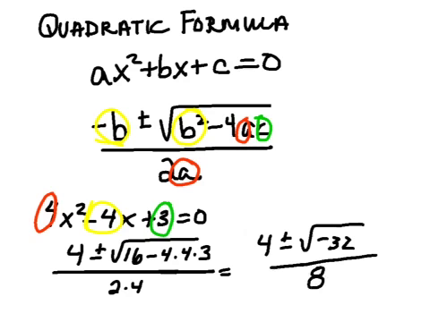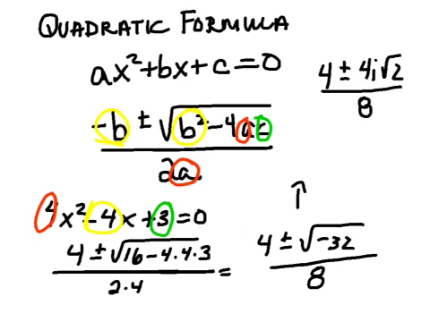So I'm going to go up on top, which makes it 4, because that's 16 times 2, plus or minus 4i root 2 over 8. So we know 4's can go into that, so really we got 1 plus or minus, 2 plus,